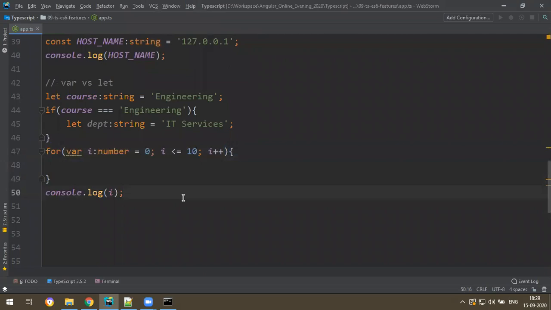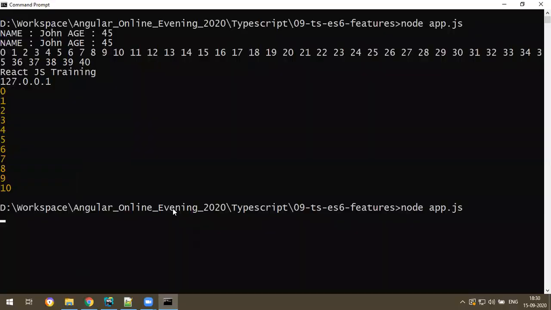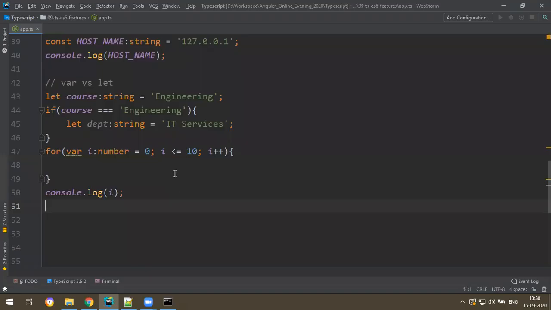If we can access it outside, what could the value be? It will be 11, because in the for loop the value will be 0 to 10. After that, i plus plus makes the i value 11. If we declare it with let it will be discarded here, but if it is var, 11 will come out and you can see the value. So the answer will be 11. That's the difference between var and let. Even let and const both support block scoping, but var violates the block scoping concept. So that's why don't use var. Only let.